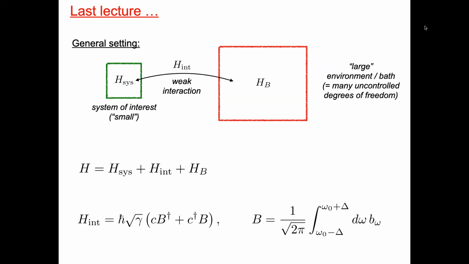So we have a similar system, and then we have something like the interaction. We create an excitation in the bath, and then there's this operator C, which at this stage we leave arbitrary. But this is the interaction. So whenever we create an excitation in the bath, what happens to the system? C is a system operator. This could be a sigma minus: we create an excitation in the bath and the atom goes down. But it could also be a different operator. You could also have a bath where you would excite something in the system. Okay, so this is the general setting.